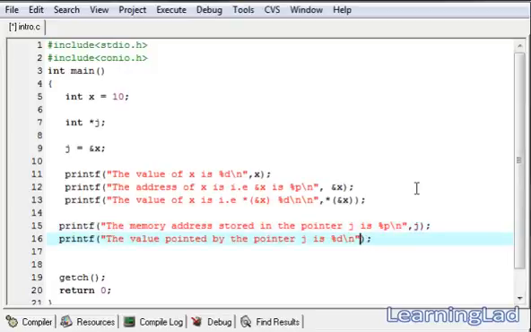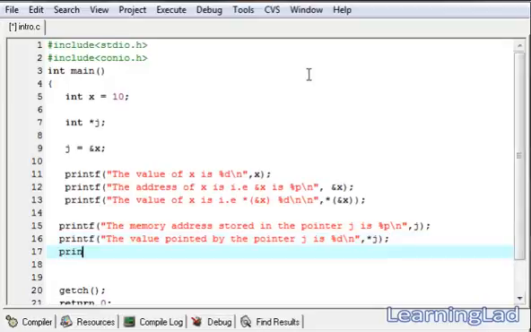Then here we're gonna specify star j. So the star operator used with this pointer j means getting the value which is stored in the memory location specified in this j variable. Then we're gonna use our last printf for this tutorial, and we're gonna say "the address of pointer j is" %p, and it's gonna be &j. Save it,